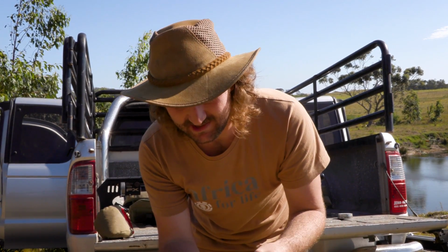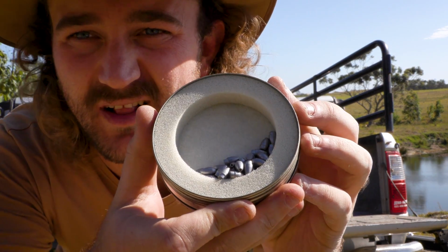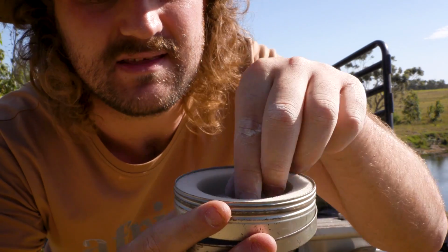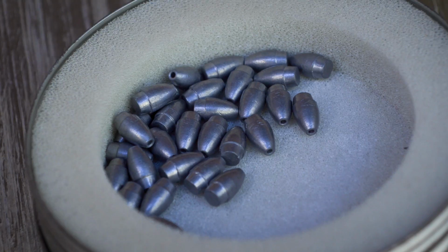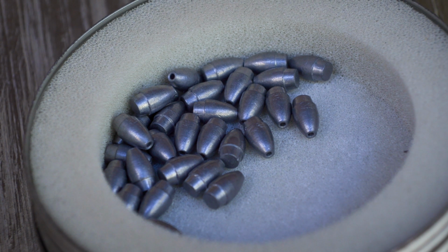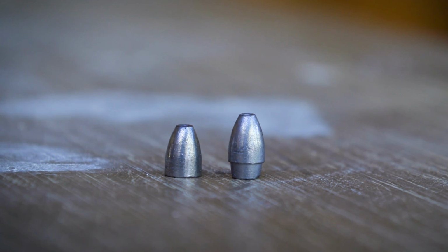Right, so we're on to the 28 grain slugs now, and to be honest with you, I actually like these more than the 23 grain slugs. I don't know if you'll see that very well, but these have something called a rebated boat tail. I'll put an insert in here. Basically, a rebated boat tail helps a lot with your ballistic coefficient. It makes the projectile way more